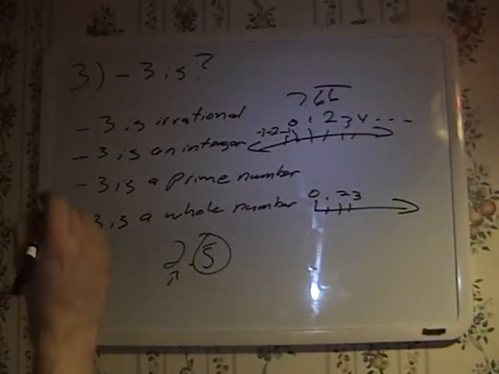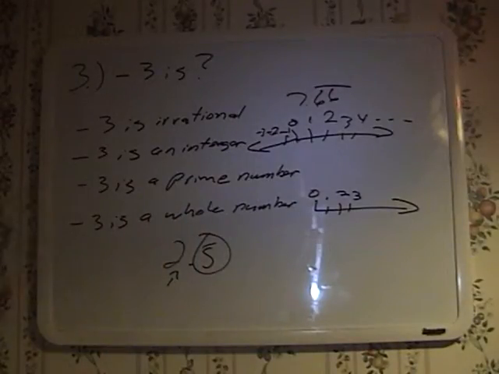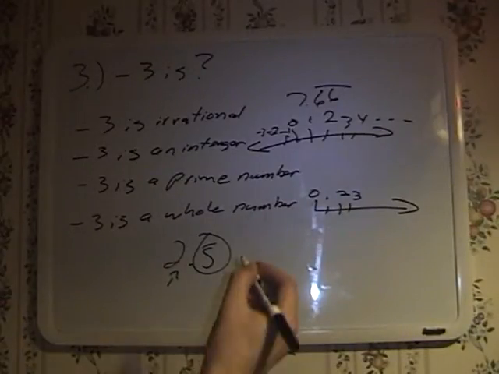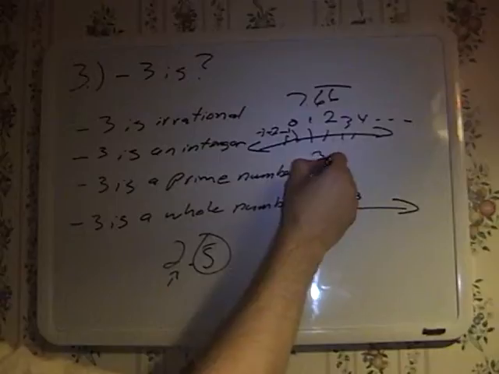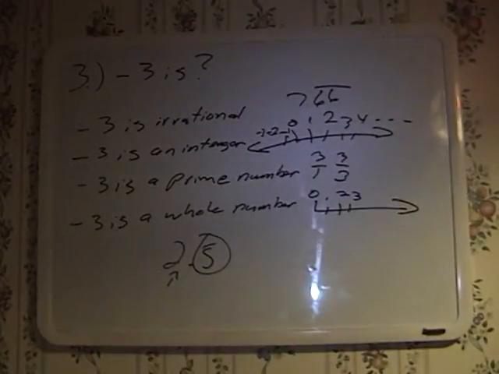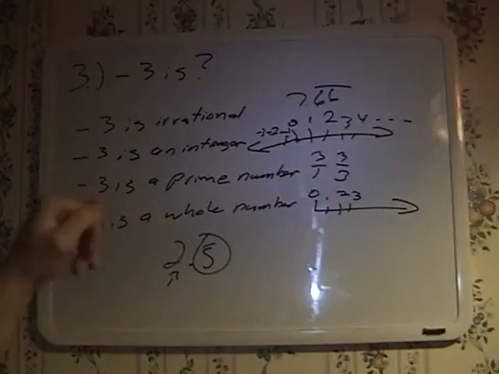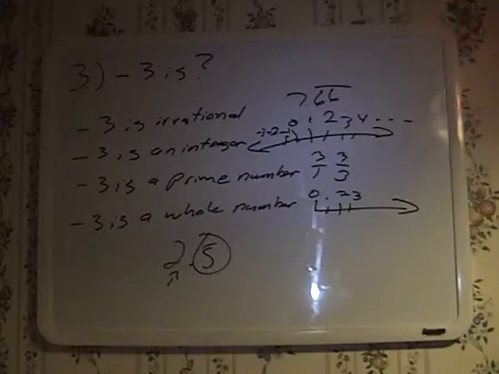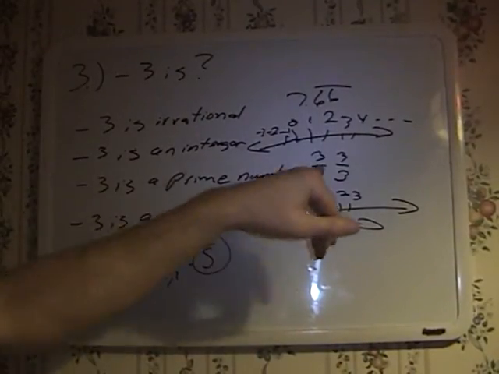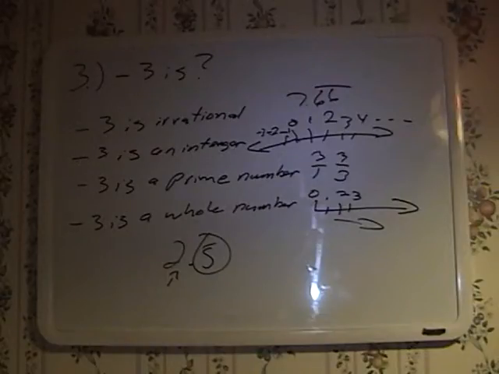Okay, now, is 3 a prime number? Negative 3, I'm sorry, is a prime number? Yes and no. A prime number is a number that has only 2 factors. It can only be divided by 1 and itself. That's it. The thing is, though, since negative 3 is a negative number, primes are by definition positive. So it by definition cannot be a prime number. A prime number by definition is any number higher than 1, to the right of 1 when we're looking at our counting numbers, that can only be divisible by 1 and itself. It only has those 2 factors.